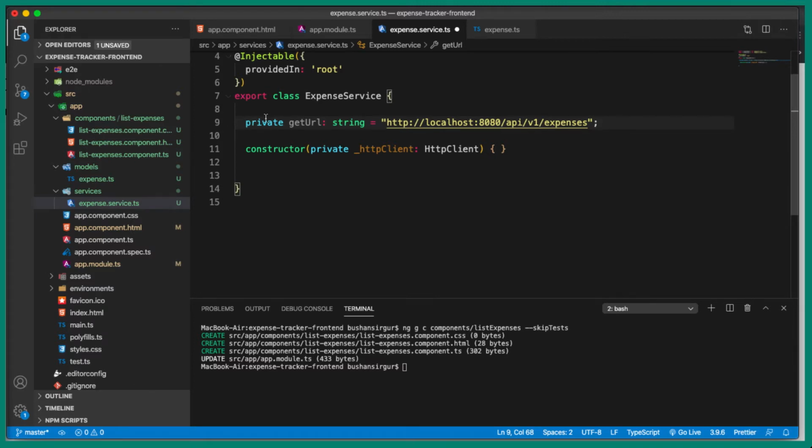Okay, so now we have created the base URL, or you can say the get URL, which is http://localhost:/API/v1/expenses. So let's go ahead and create a method, get expenses. This is going to return an observable of array of expense, and inside this method we are going to make a HTTP GET request, return